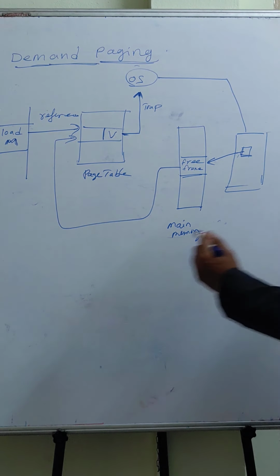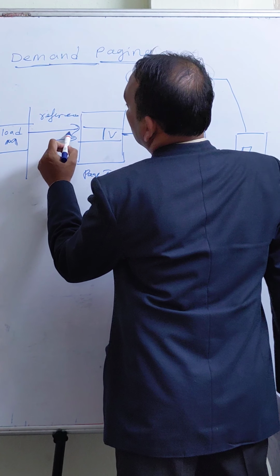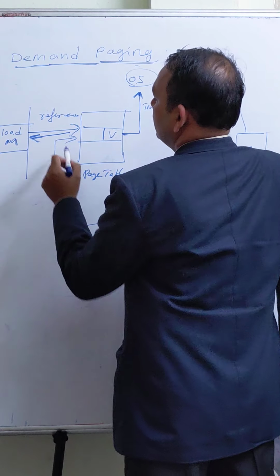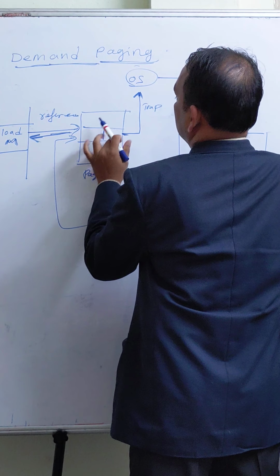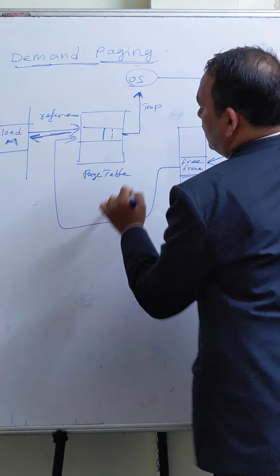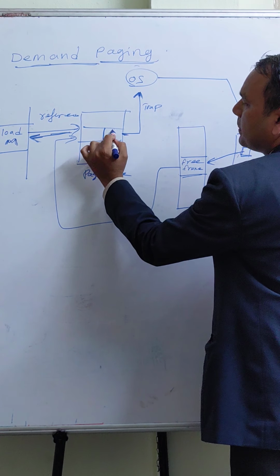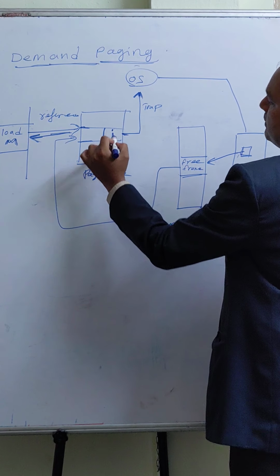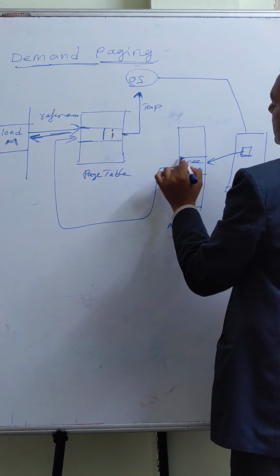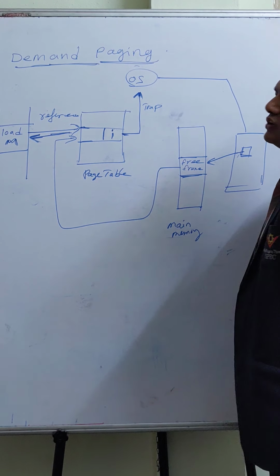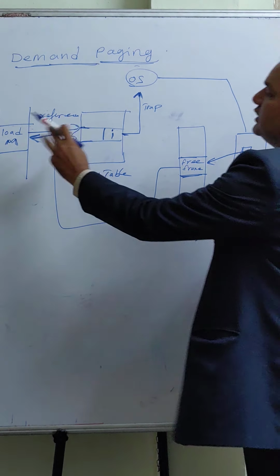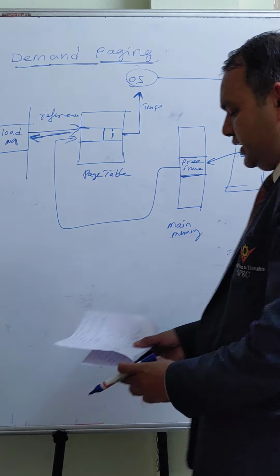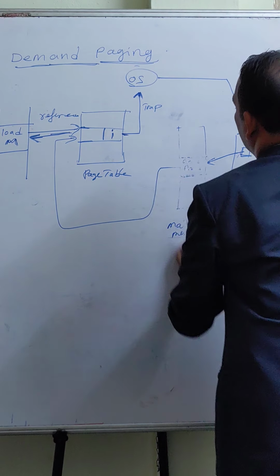Now, after that, we need to execute again. Previously it is I. After loading here, it should become valid because this page is available in the main memory, so that we are showing in the page table, my dear friends. This instruction has to be executed from the beginning onwards. Let us see a small example. In the worst case, what happens?